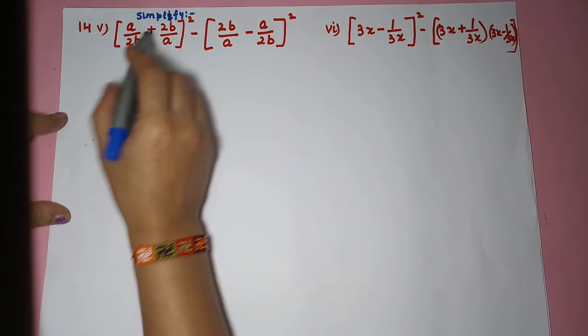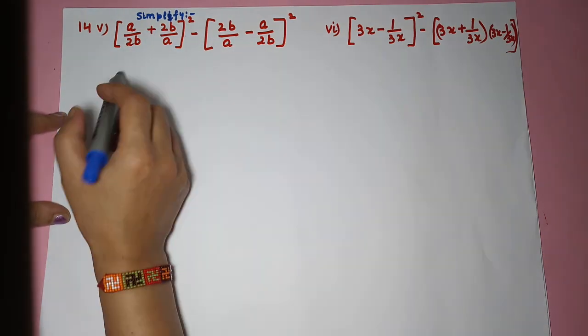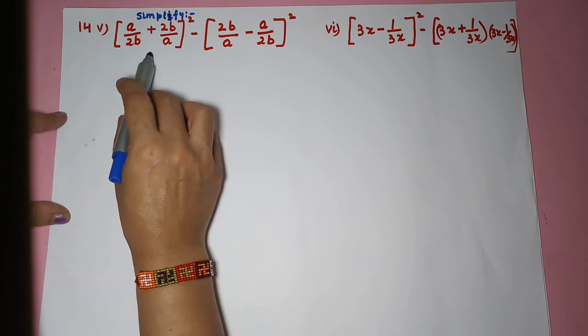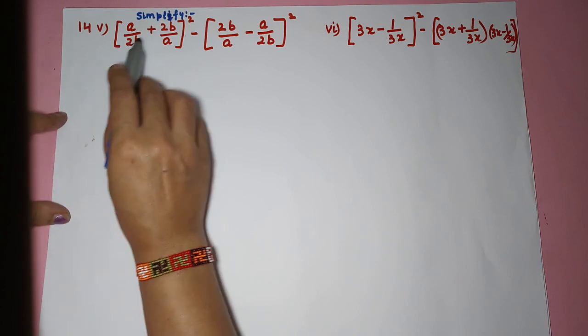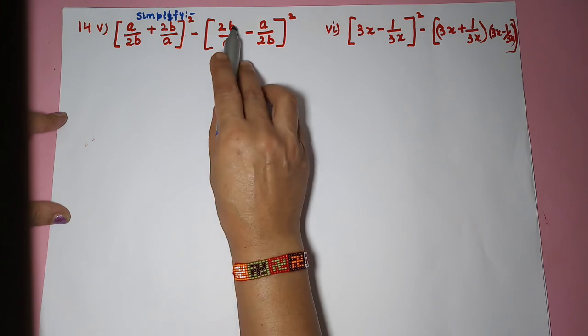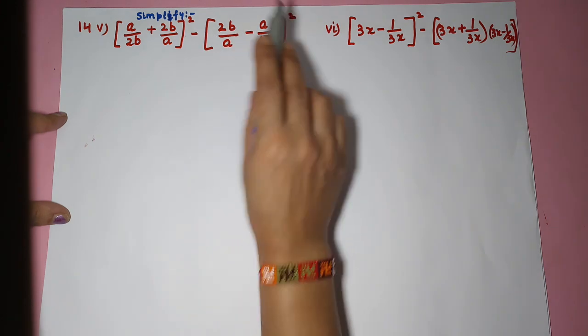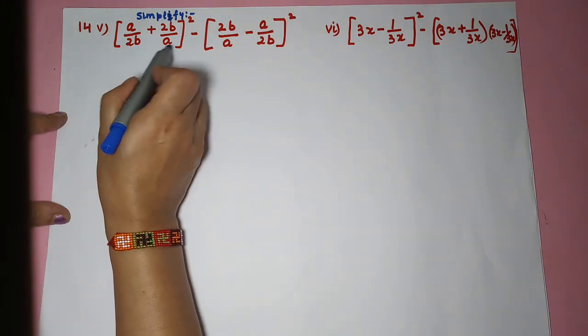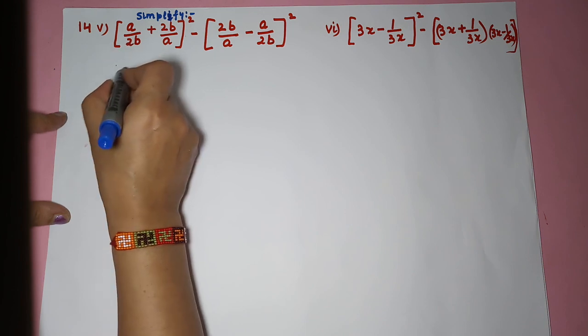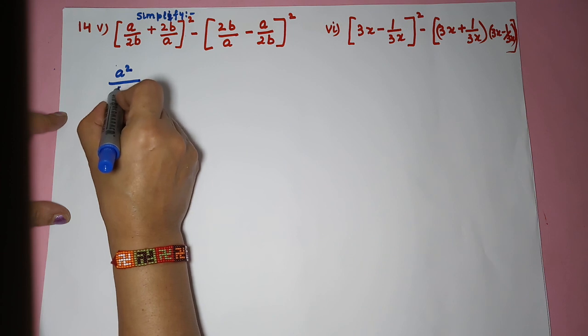We are going to simplify this expression. So we will make use of the identities. This is a plus b whole square and this will be a minus b whole square. So when we open this, we will get a square, that is a square upon square of this is 4b square,